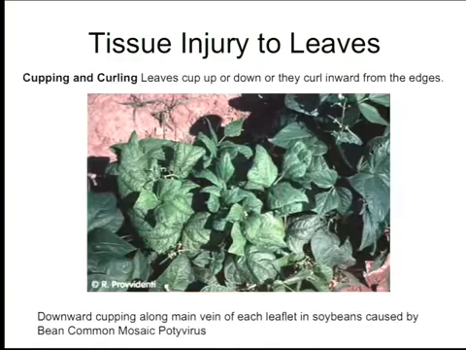Next. Because you see here, you see curling, and that is typical of a virus. But in this particular case, it's not. There are certain insects that inject a toxin that causes the plant to react like that. Those are leafhoppers. Actually, you have leafhoppers in the garden. But not all of them inject these toxins. Next.